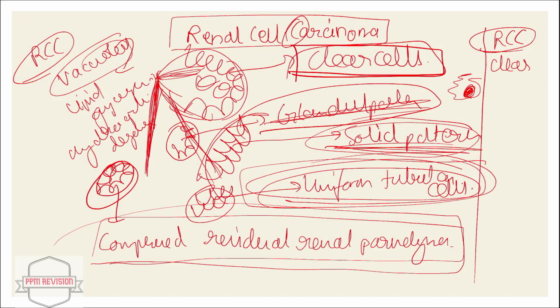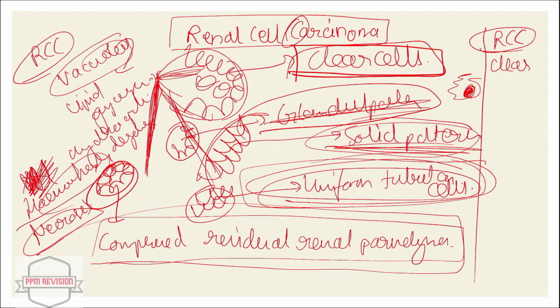There is also presence of hemorrhages, as well as necrosis. Now moving ahead, we will be looking at